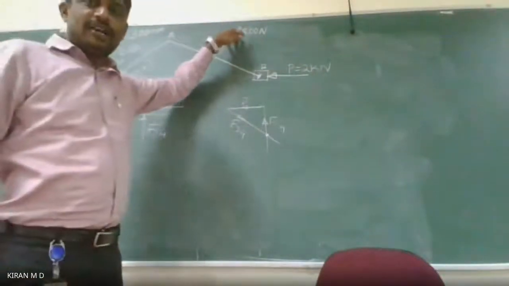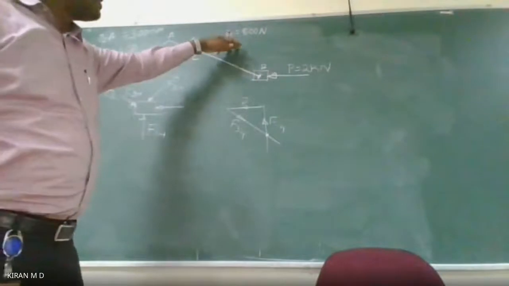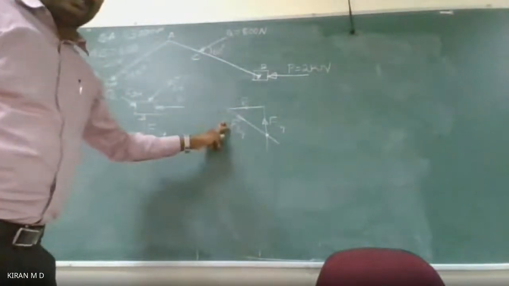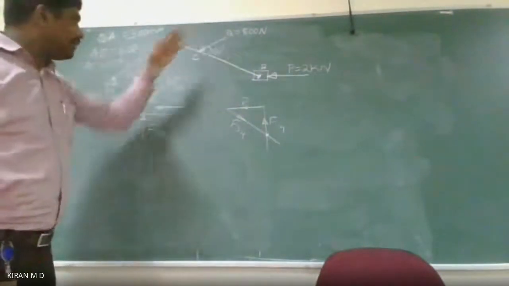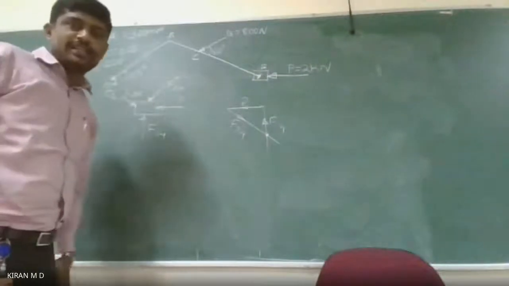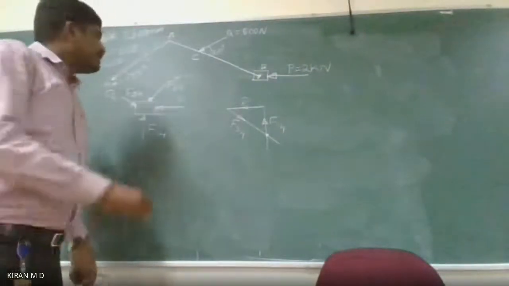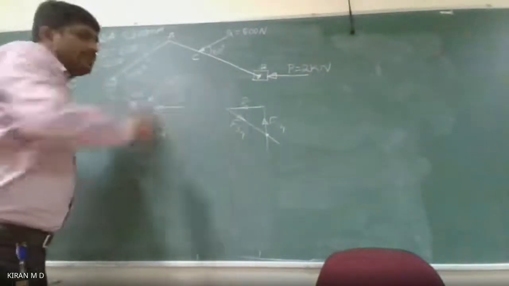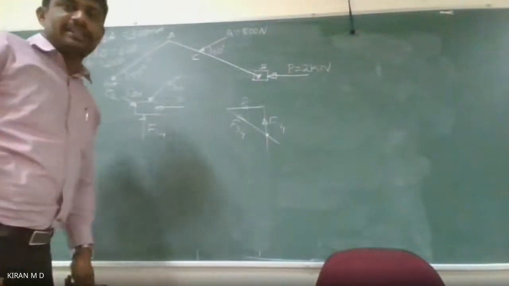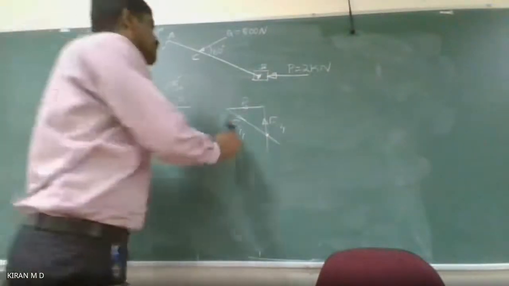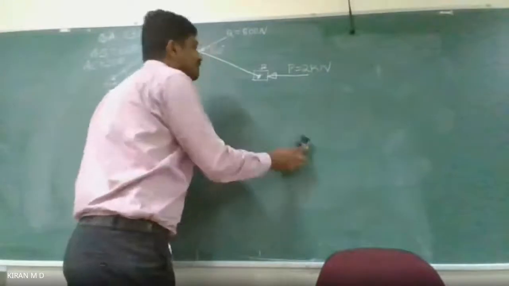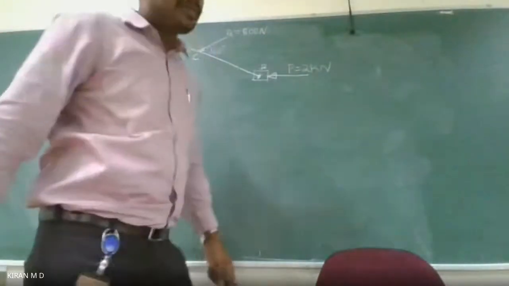If there is no angular force, we are only going to get these three. But here, due to angular force, we have one more force extra. So it is not possible to draw a triangle because it is undergoing four forces. How are we going to solve this problem now?